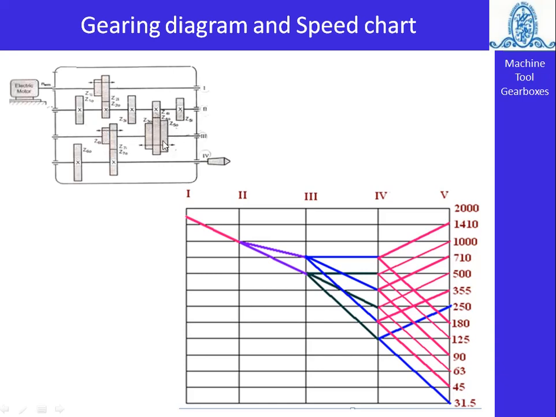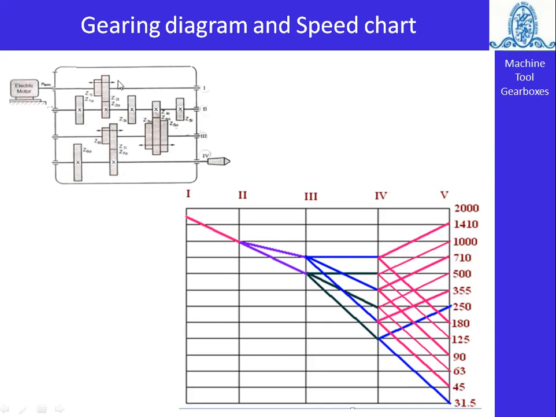There are 2 spline shafts available, shaft 1 and shaft 3. These are spline shafts, because the 2 gear cluster and the 3 gear cluster are mounted on shaft 1 and shaft 3 and move axially. As a 2 gear cluster is here, obviously the 2 gears are mounted on the next shaft. Here the 3 gear cluster is used, so obviously the 3 gears are mounted on the intermediate shaft, and on the third shaft, next, a 2 gear cluster is available. So at the output shaft, obviously, the 2 gear cluster is used.